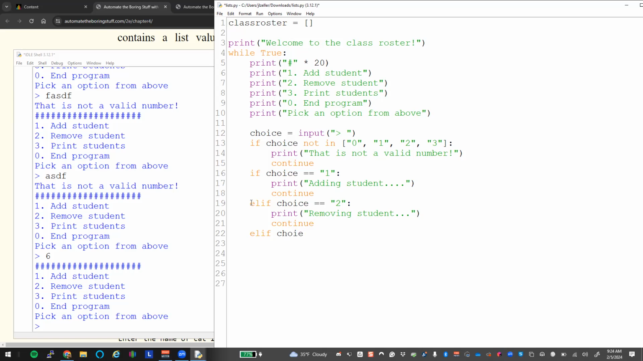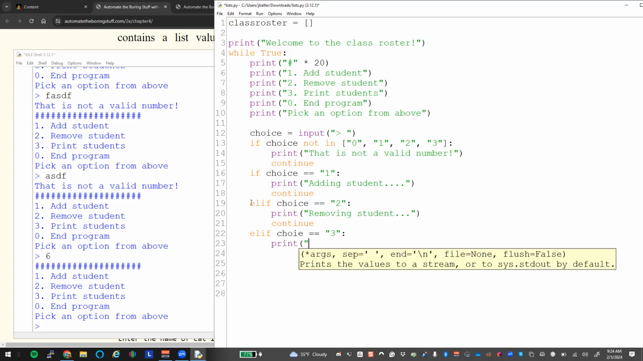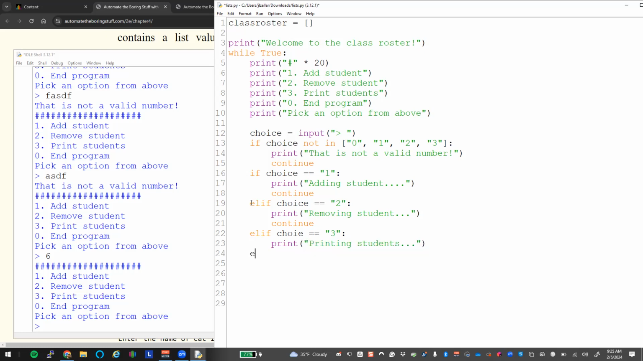Elif choice equals 3, printing students. And elif choice equals 0, print